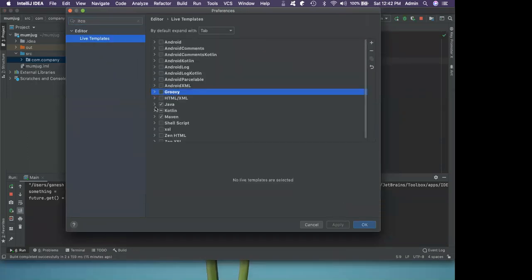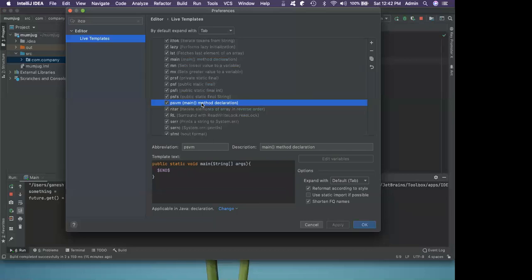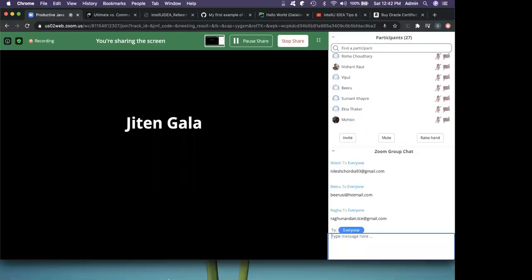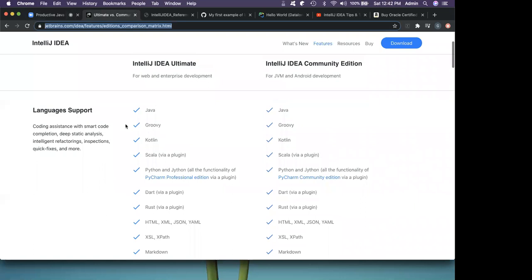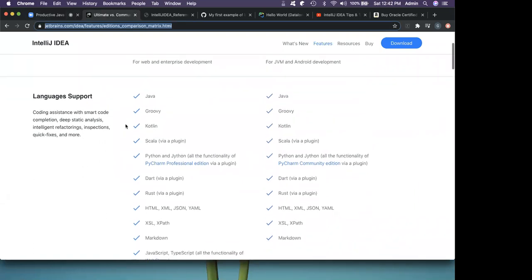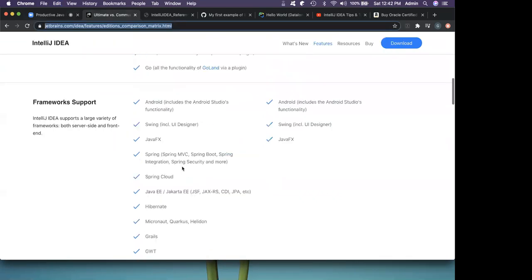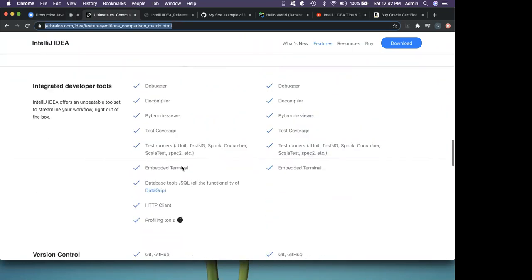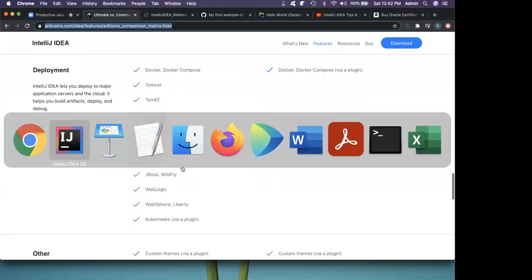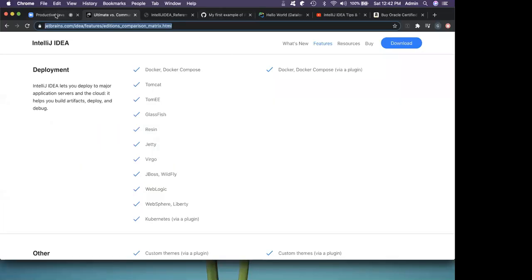So Ganesh, just a question here. If I have a community edition that is a freeware, is everything available there? As I mentioned, in the community edition, only the support for frameworks and other languages and those things are not available. So this is the difference. But whatever we have covered so far, everything is available. So the templates and everything are already there. Yeah, of course, all these are there. Only for things like Spring, Hibernate, and NPM. All this is not the basic stuff. Most of the time we only need these basic ones. Yeah, absolutely.